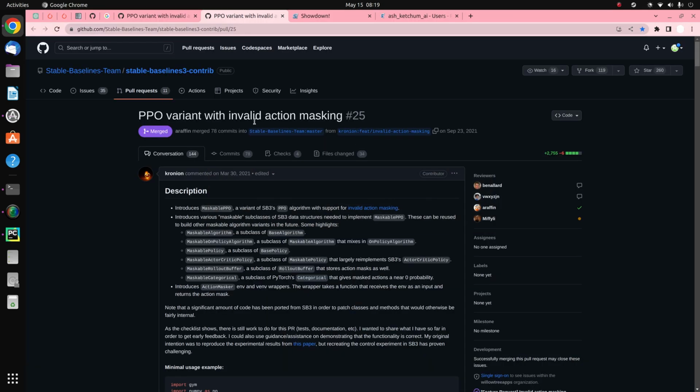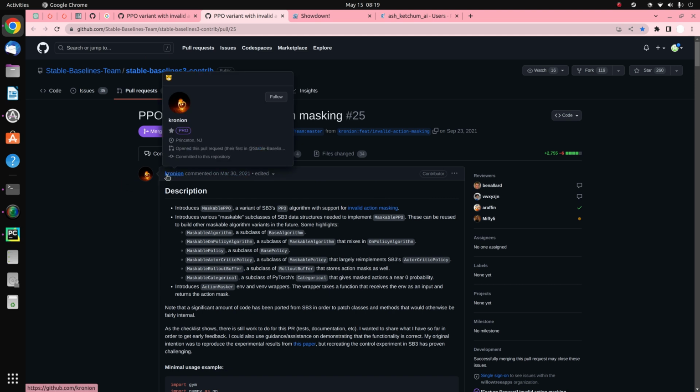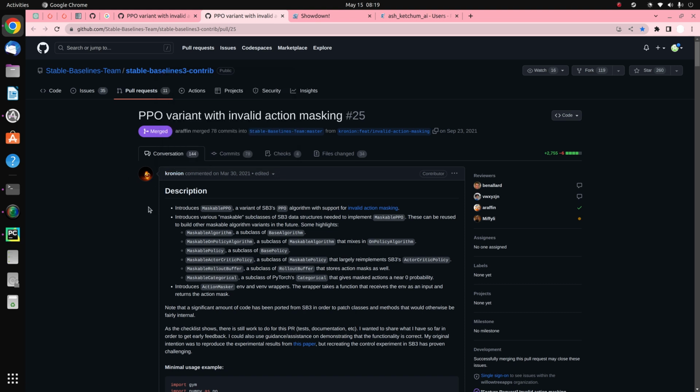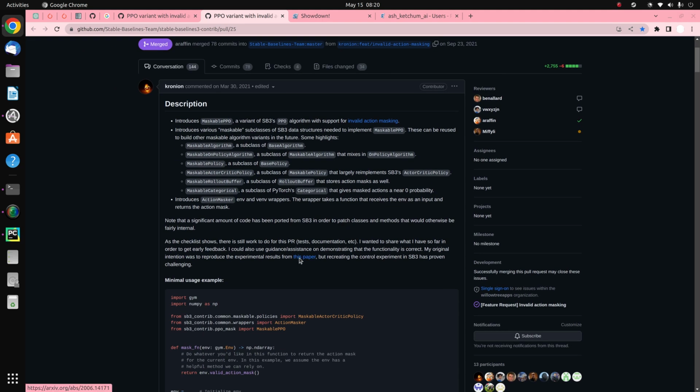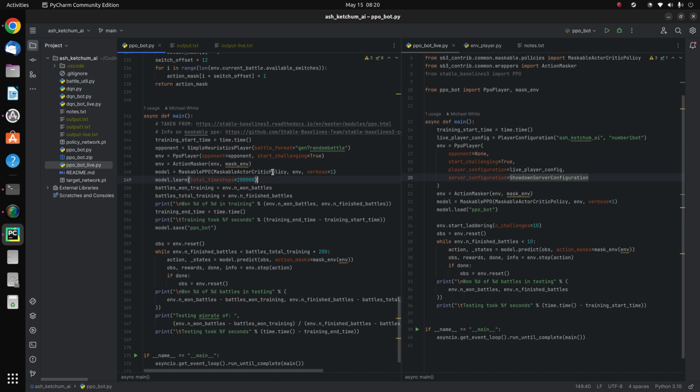Where I want to start is with this pull request into the Stable Baselines contribution library. I guess you would pronounce this Cronian, but this particular developer worked to add a Maskable PPO policy to the Stable Baselines code base. And this is really helpful because I realized part of what was happening within my algorithm was that